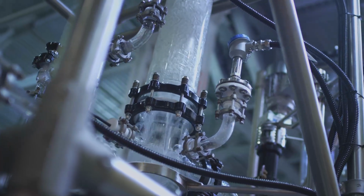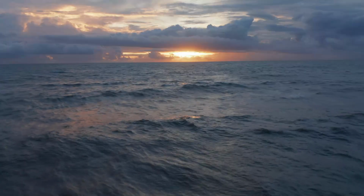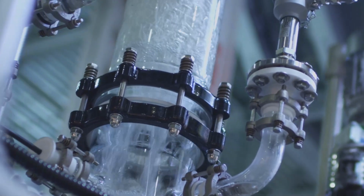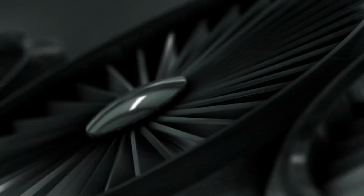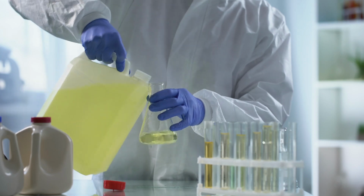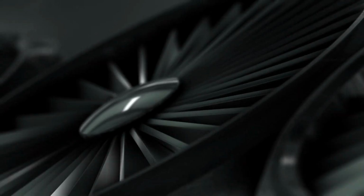Ocean thermal energy conversion harnesses temperature differences between warm surface waters and cold deep waters to generate electricity. These systems typically consist of a heat exchanger, a turbine, and a generator. Warm surface waters are pumped through the heat exchanger, where they heat a working fluid such as ammonia or propane. The working fluid is then vaporized and used to power a turbine, which in turn drives a generator to produce